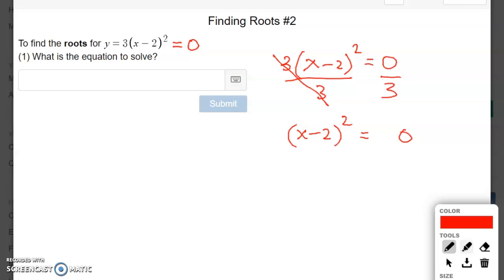Then I take a square root of both sides, as I've done before, and don't forget the plus or minus. The square root and square cancel out, and you're left with x minus 2 is equal to the square root of 0, which is 0. Can you have a plus or minus version of 0? No. So it's just going to be 0. That means I only have one solution. I bring negative 2 to the other side. That becomes x is equal to 2. So x is equal to 2 is my only solution,